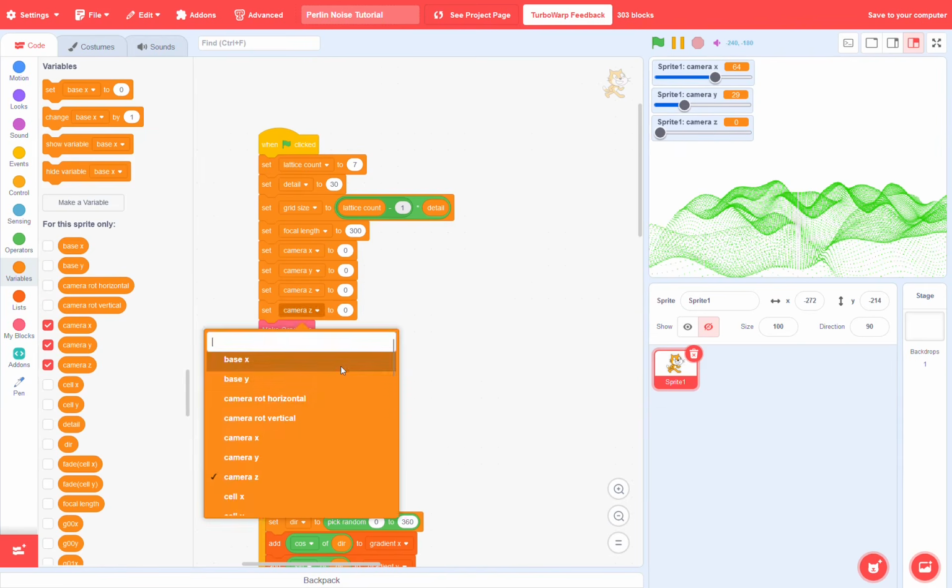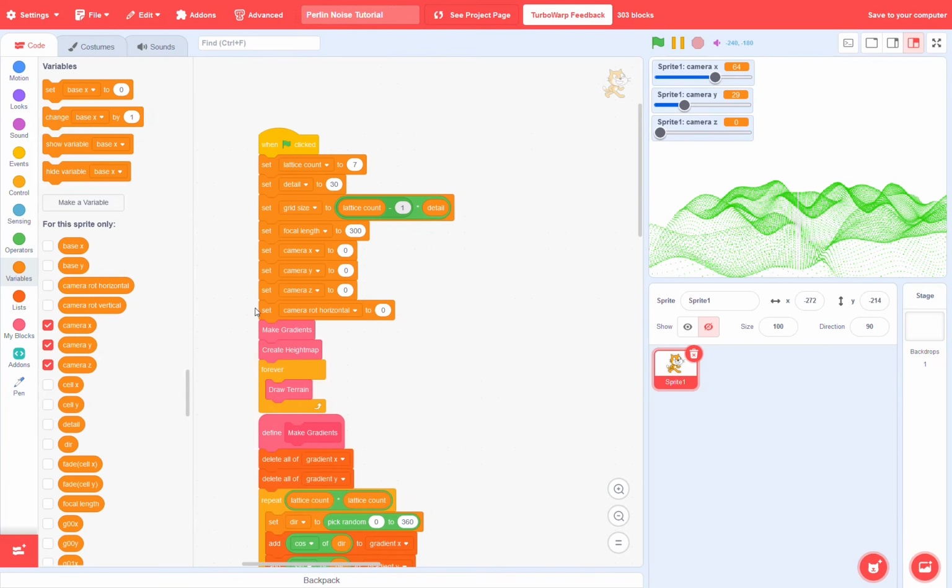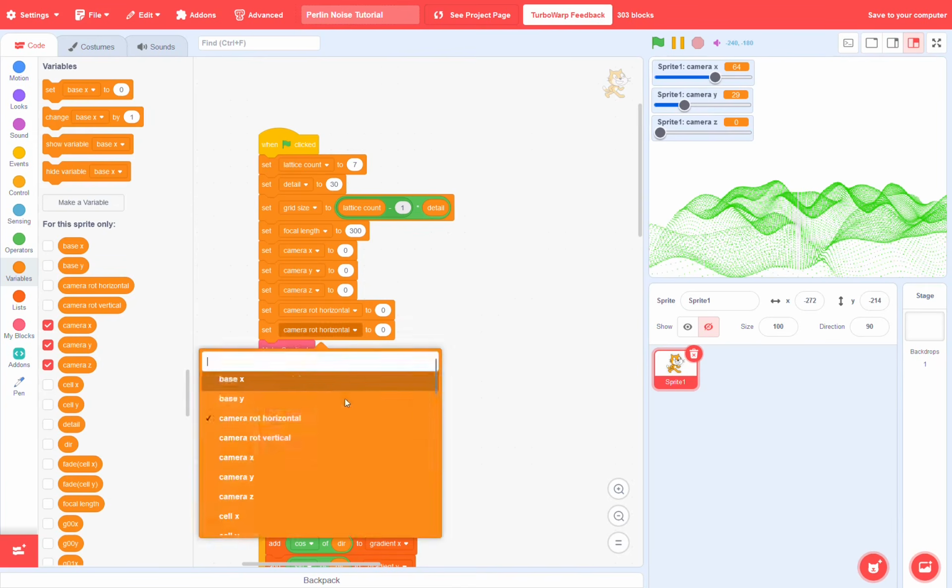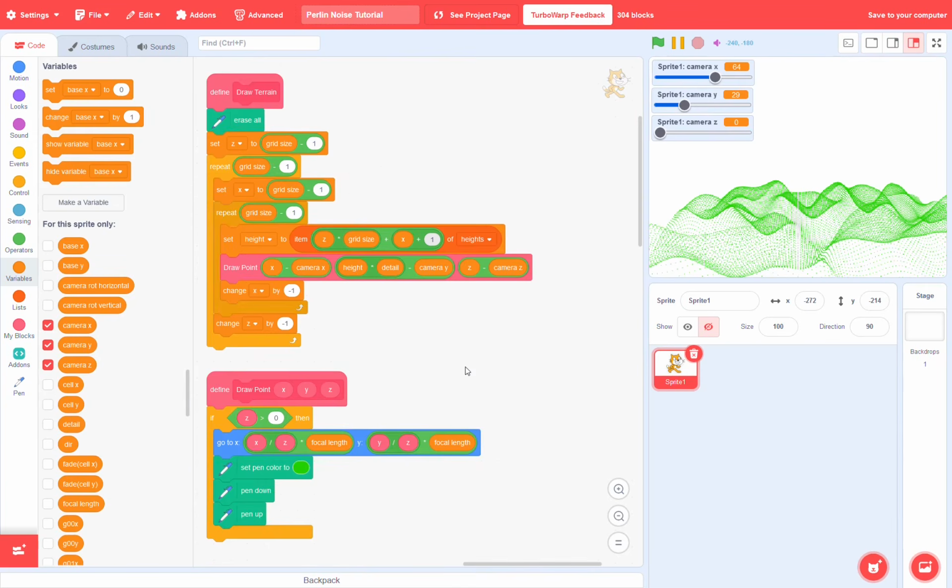Alright, let's set these guys to 0 when our flag is clicked. Alright, so we need to do more transformations for our rotation. However, these transformations require a little bit of prep work. We're going to use sine and cosine for them. Computing sine and cosine is quite taxing on the computer, and because our camera rotation doesn't change at all mid-frame, we can just compute the sine and cosines once at the beginning of each frame, and then not again the